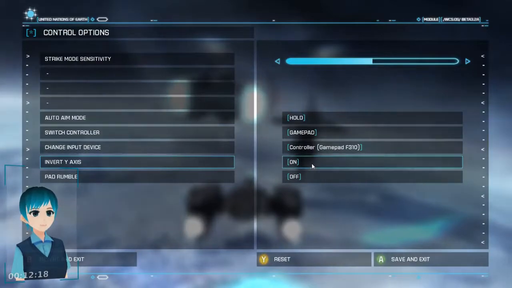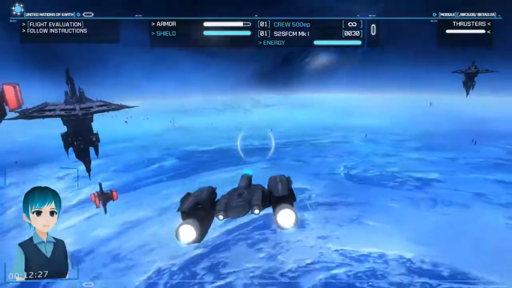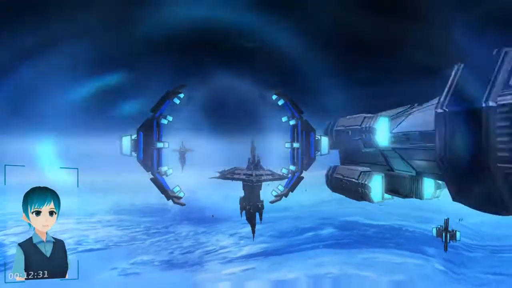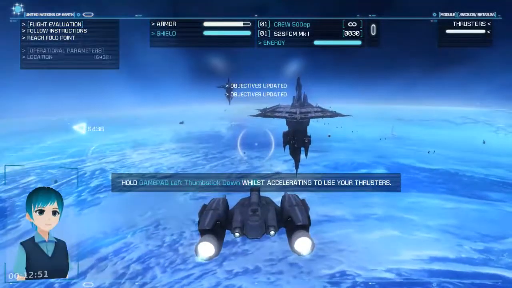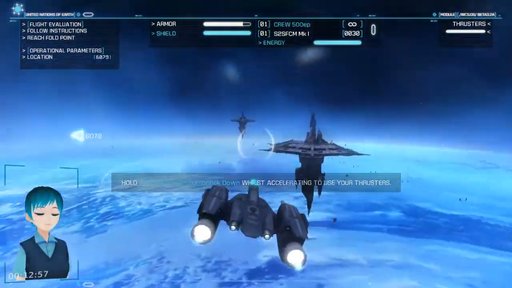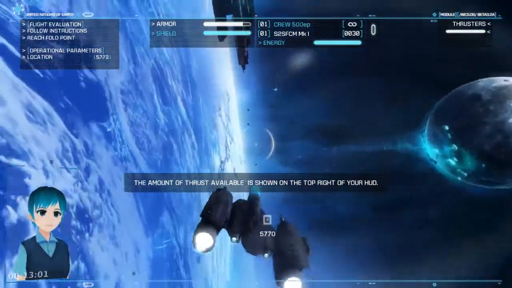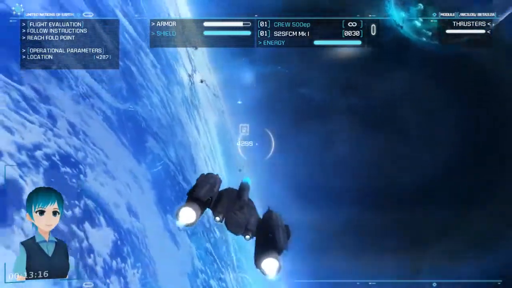Let's invert this back. Yeah, okay, this is still continuing to feel weird. Gamepad left thumbstick down. Okay, I suppose that's another negative. It only uses text instead of icons for those controls, even though it had A, B, X, Y just fine. Okay, this feels...